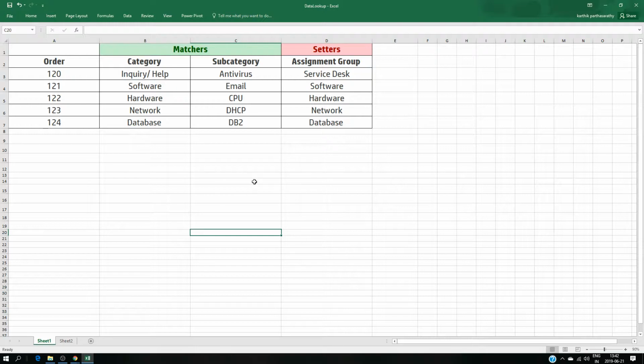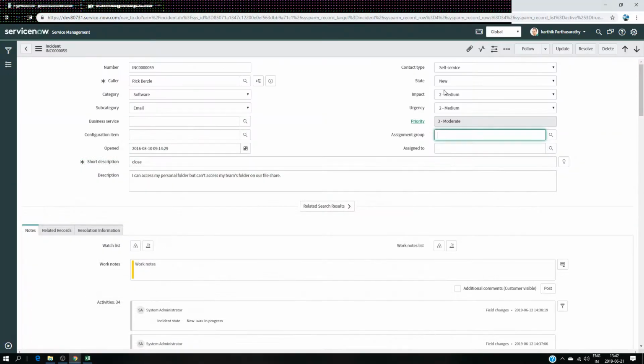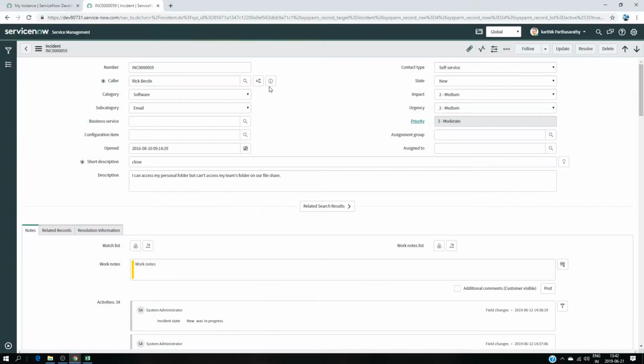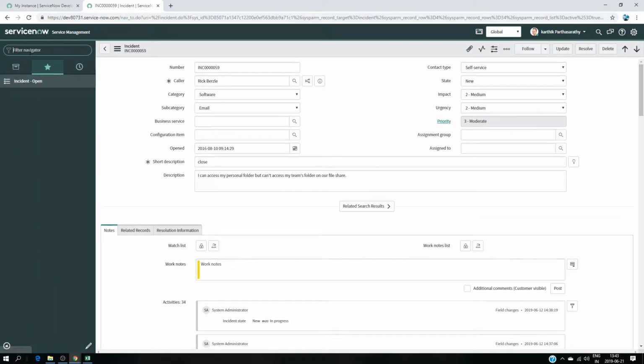So let's start to create the data lookup table and put this data in and see if this is going to work or not. That's what we are going to do right now. Okay, great. In order to do that, the first thing you need to do is go to